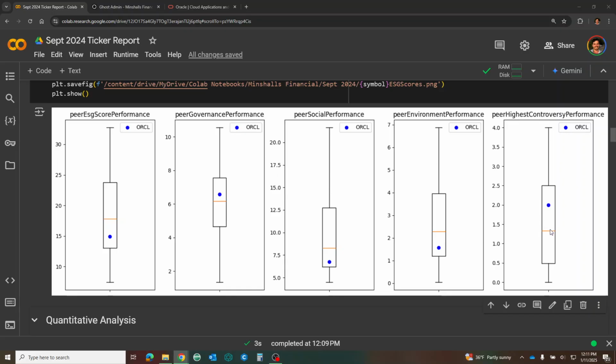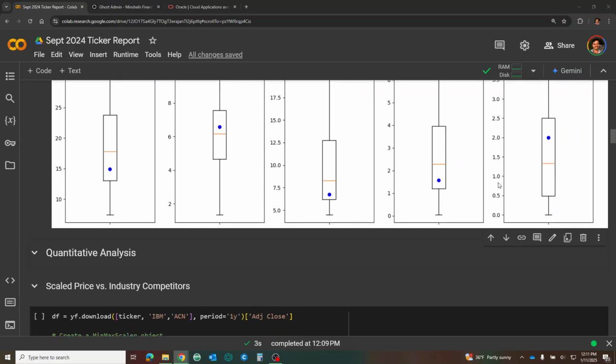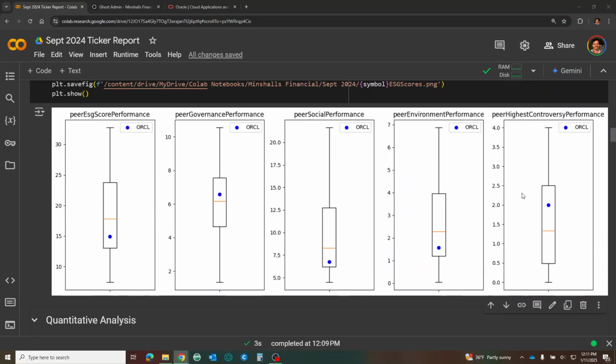High controversy performance, that might actually be something I look a little bit deeper into because it's like, what is the high controversy Oracle is doing? Are they kidnapping dolphins and doing something terrible to them or something? So that might bother you, so you might be more interested in that. I think environmental performance is like, are you cutting down the rainforest to build data centers? Are you leveling